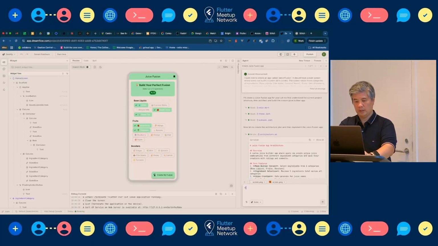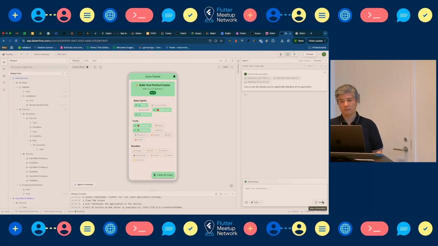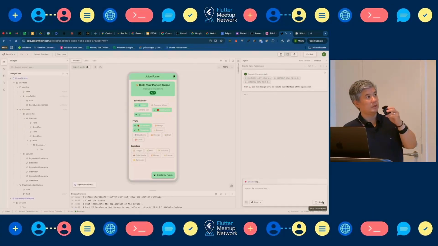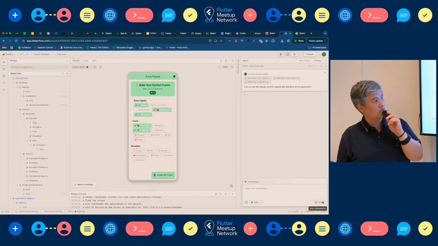Okay, can you use the UX UI design to update the interface of the application? Let's see if it's going to be able to match the design that we have generated.